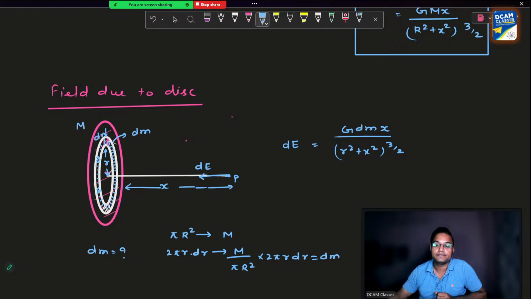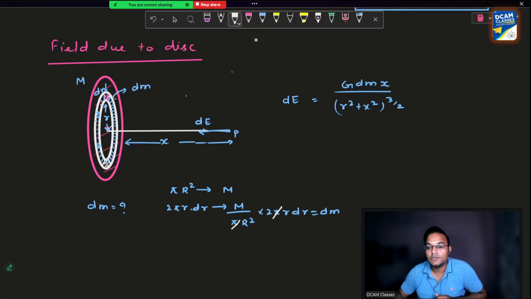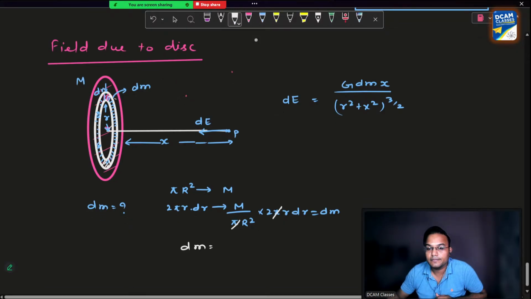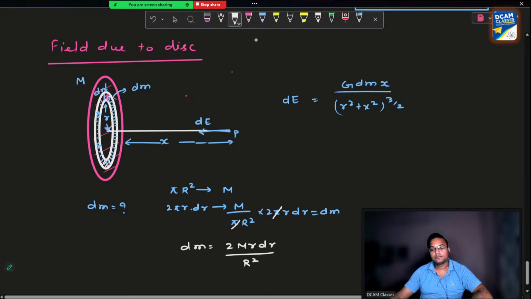Okay, pi gets cancelled, so dm will be 2M r dr by capital R square. ये ठीक है दिवा? ओके है? Yes, sir. तनिष्का ओके है ना? Yes, sir. ओके।